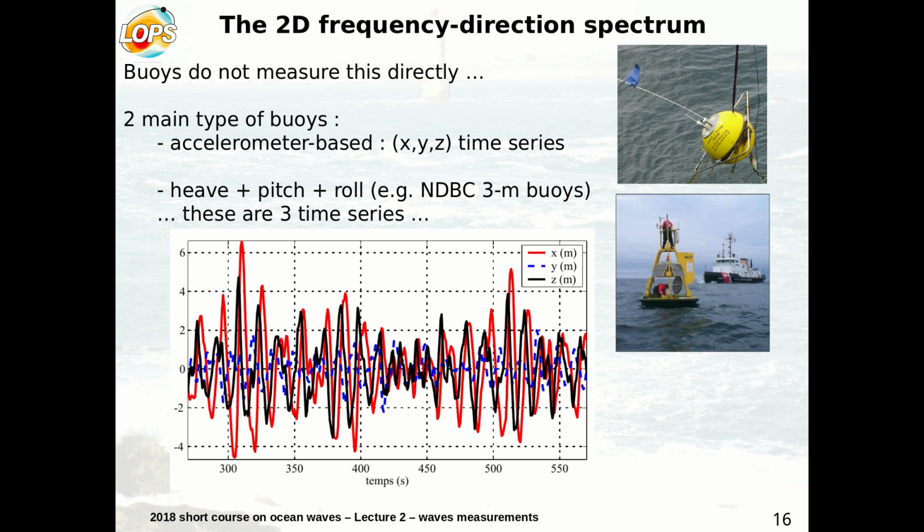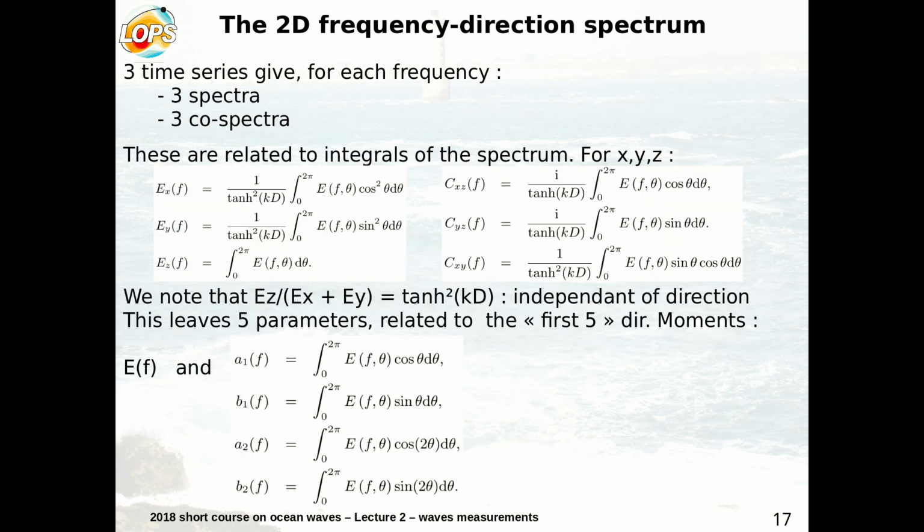These buoys and deep sea buoys measure the heave and also the 2 angles, pitch and roll. Many of the buoys around the US are based on that design with different sensor packages, but basically measure this acceleration and the 2 angles. And again, you have 3 time series. So they will look a bit different from that, but it's the same principle. Same principle because from 3 time series, you can compute 6